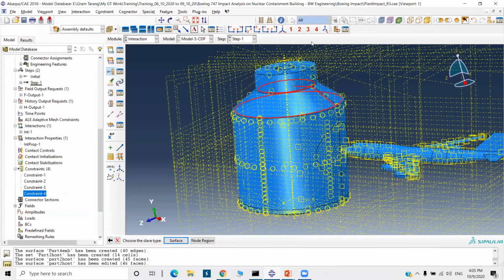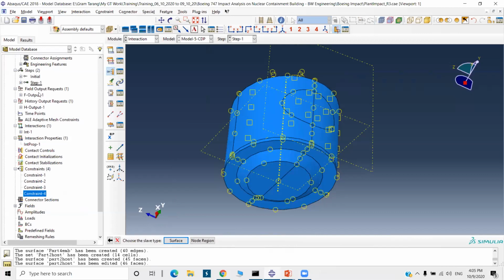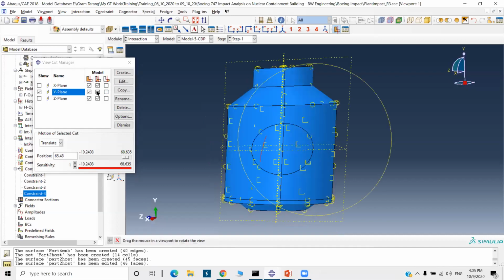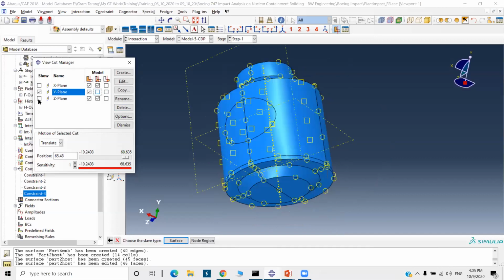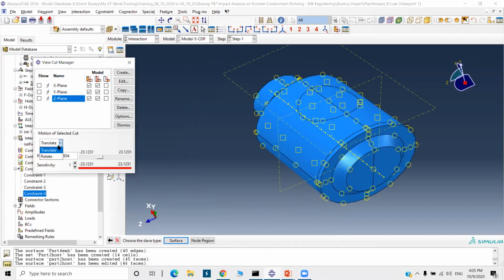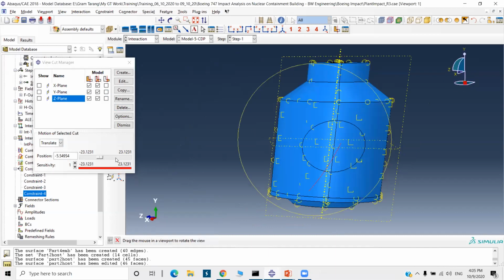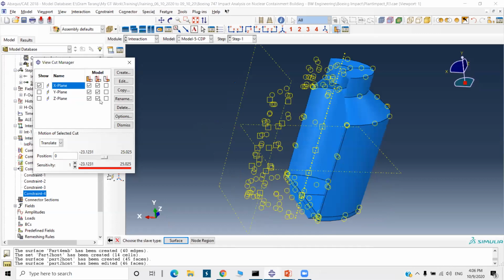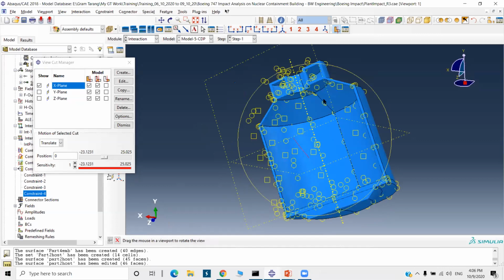So I will take cut section. So here only I will select this way.